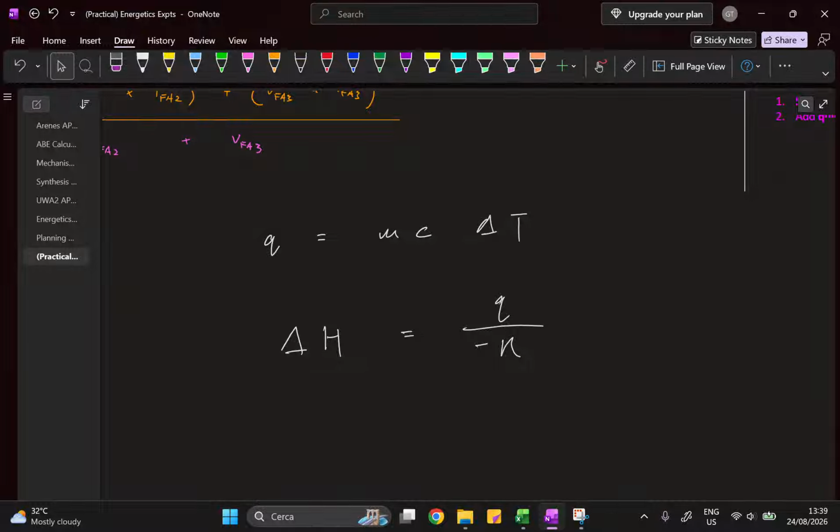So basically, what does this mass refer to? Mass of what? Mass of aqueous solution only. My handwriting is bad, but this refers to the mass of aqueous solution only. C, the specific heat capacity, is just 4.18. I don't think I need to elaborate further. Delta T,